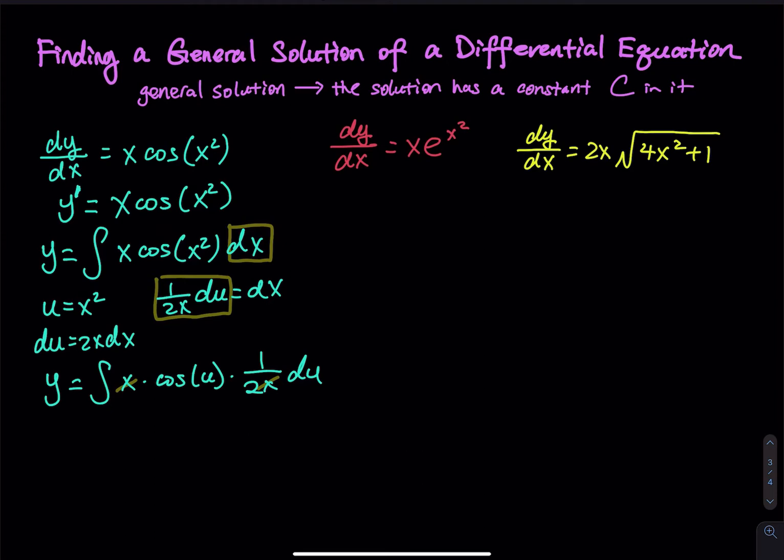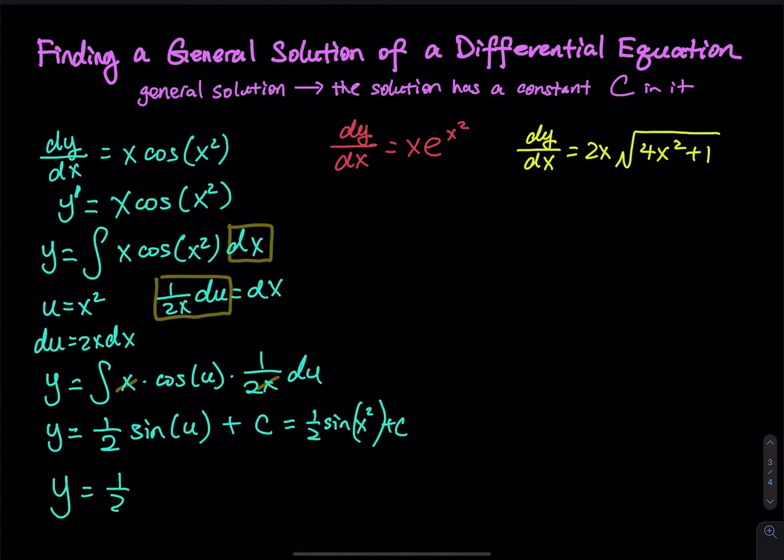So you have y equals 1/2 times sine of u plus c, and then all you have to do is put the x back, so that is 1/2 times sine x squared, plus c. Okay, so this is the general solution, and then you can just do one final conclusion. So y is equal to 1/2 sine of x squared plus c. You can box this and then write a name right next to it, and this is the general